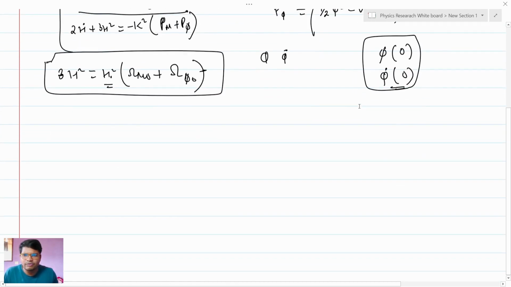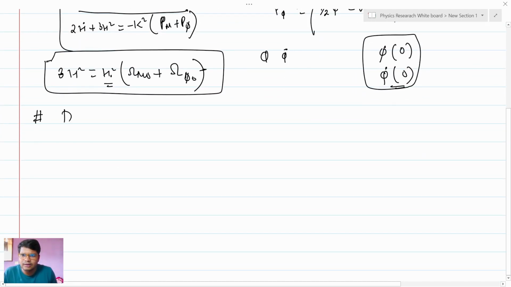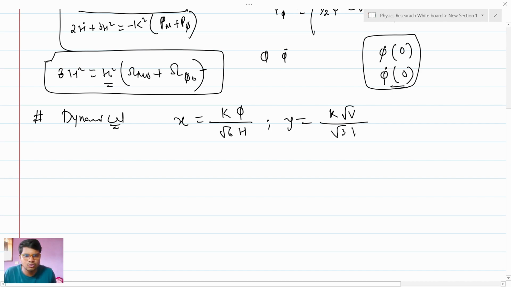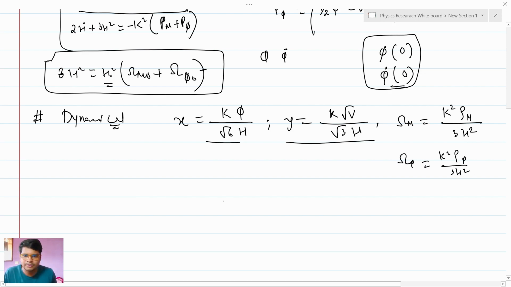So in order to avoid that, we can use the dynamical system variables. In the dynamical system variables, we can have x equal to kappa phi dot over root 6 H, and y equal to kappa root V over root 3 H, right? X and y are already done, and omega m can be written as kappa square rho m over 3H square. So omega phi becomes kappa square rho phi over 3H square, right? Omega phi can then be written as x square plus y square, and omega m from there you can have